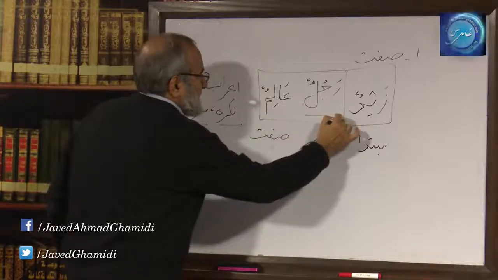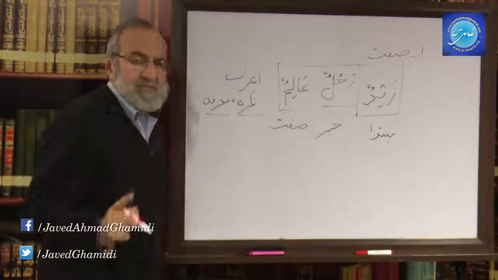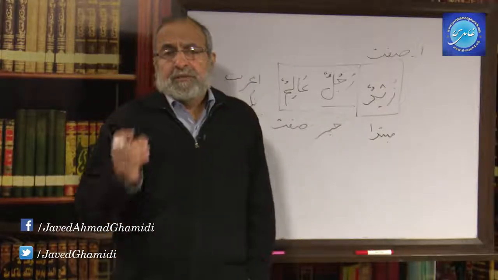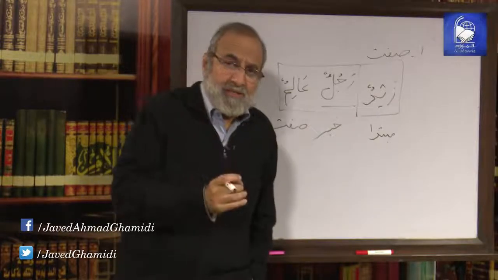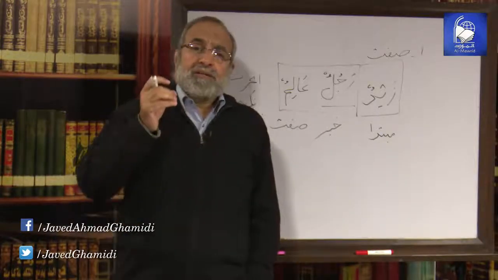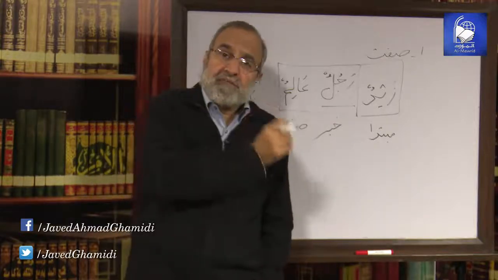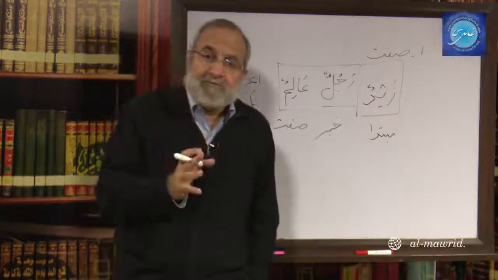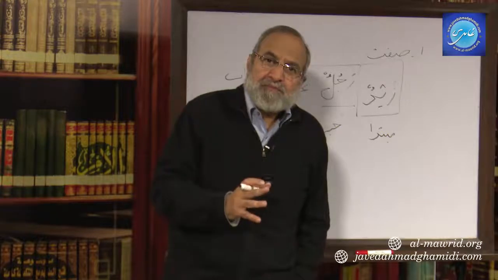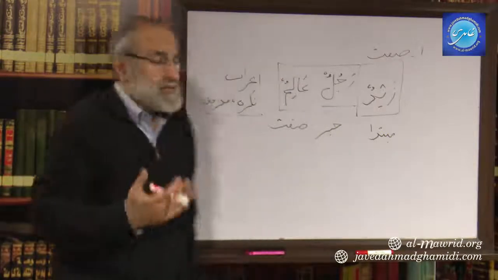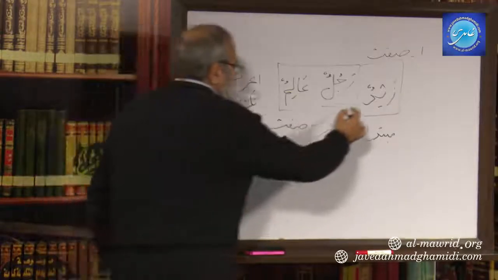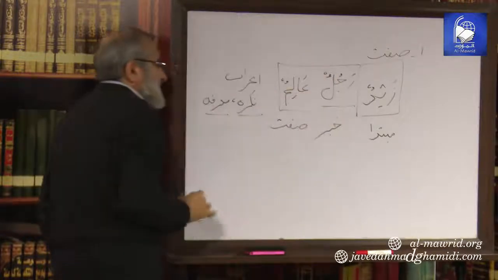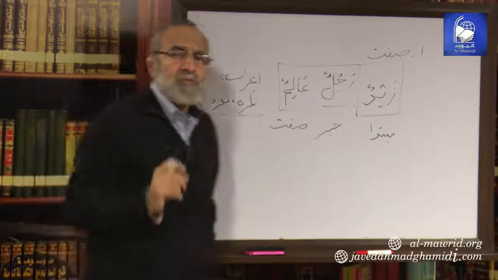Now, rajulun here is a common noun. Remember, we discussed that if you have a sentence wherein you have a mubtada and khabar, jumla ismiya khabariya, a sentence wherein there is a noun of which you are giving information, then the noun which is the mubtada has to be marifa, proper noun, and the khabar, which is the information, has to be common noun. So Zaid is the proper noun, rajulun, the khabar, is common noun, and alimun, its sifat, is common noun too,